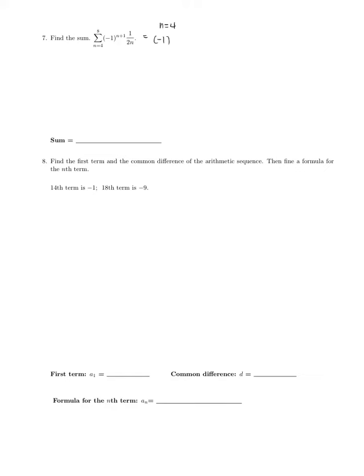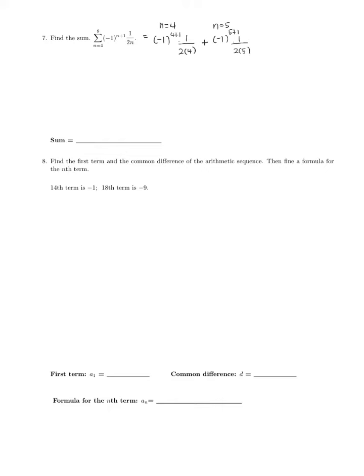You're going to have what? Negative 1 to the 4 plus 1 times 1 over 2 times 4. And then sum means add. A sigma notation means add. So I'm going to add. When n equals 5, you're going to have negative 1 to the 5 plus 1 times 1 over 2